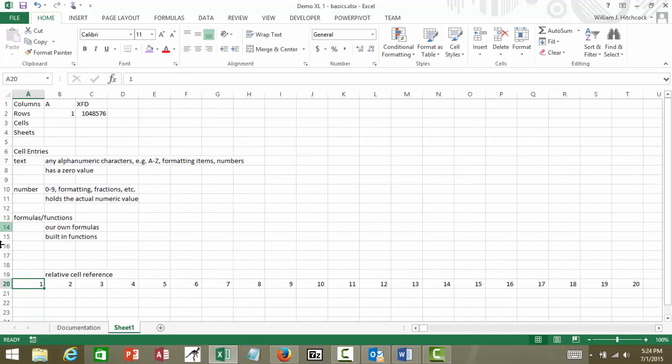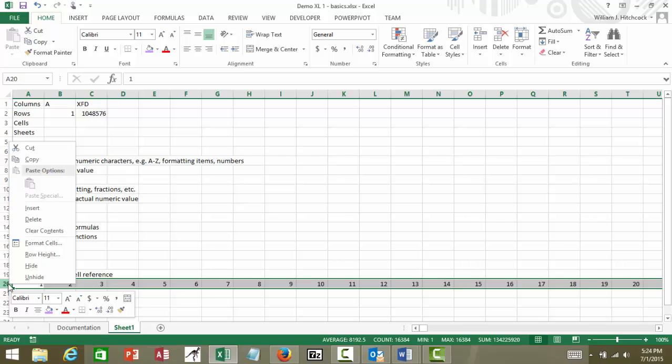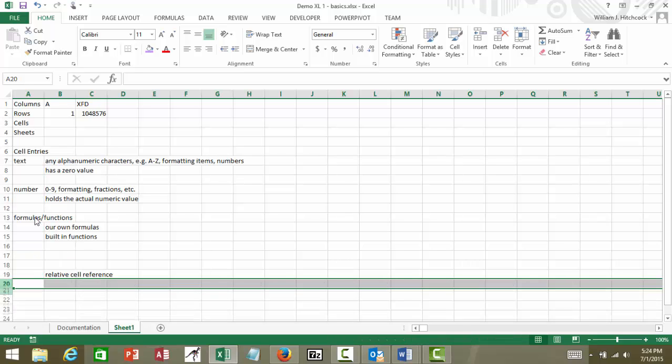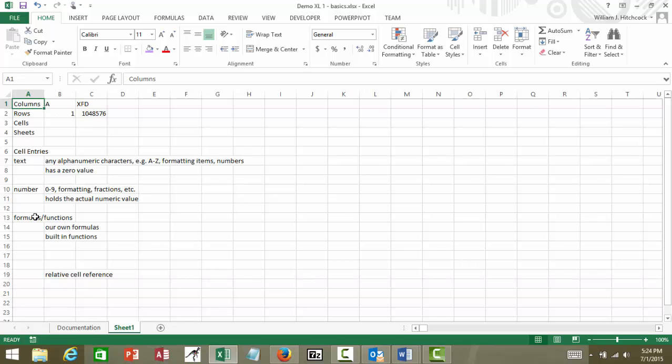I want to delete this row because I don't want to accidentally save this and have somebody print it out. So I'm going to right click on row 20, choose delete, and I've just deleted all those formulas. Hit Control Home. So XFD was